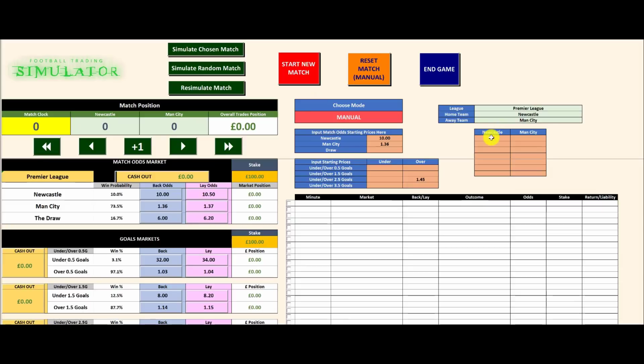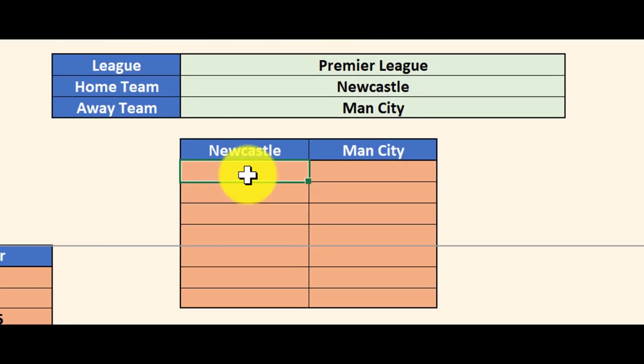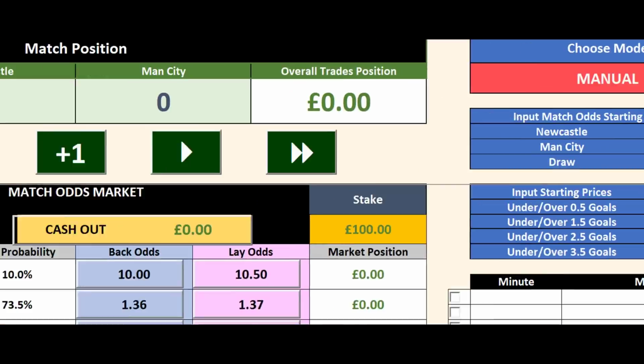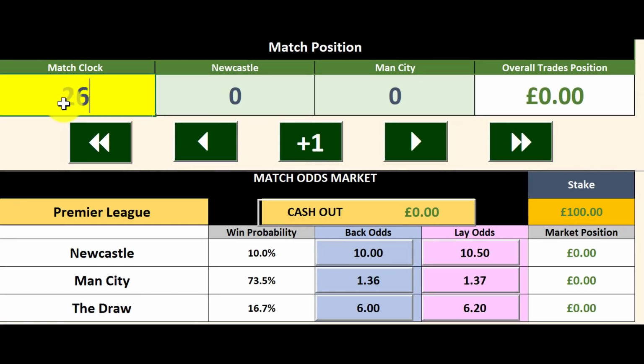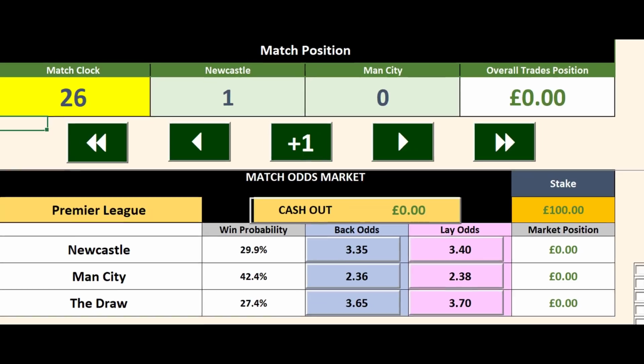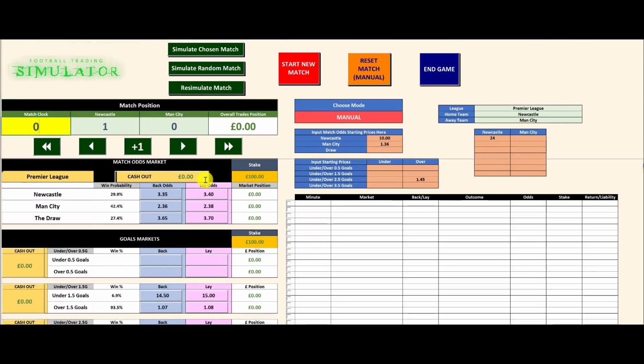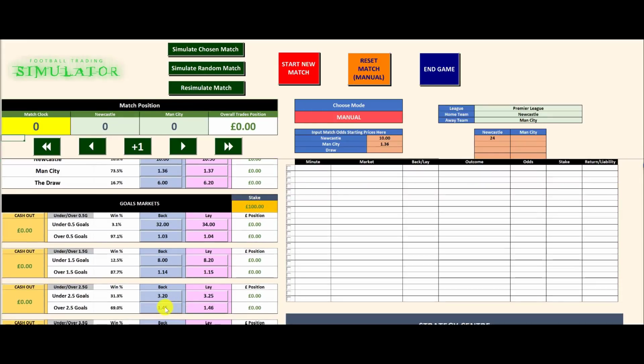So anyway, we remember Newcastle scored their goal on the 24th minute. So I enter a goal here for Newcastle on the 24th minute, as you can see there. Now, if we just put the match clock forward to 26 minutes, we can see that that will adjust the market. Newcastle have got the goal. All the markets adjust, including the goal markets. Okay, so let's go back, wind the clock back to minute 0, and instead of dripping our stake in, we're going to go in with 100% of our stake, £100 at 1.45, and it's just going to go in from kickoff. Okay, and you can see that that is entering the market.